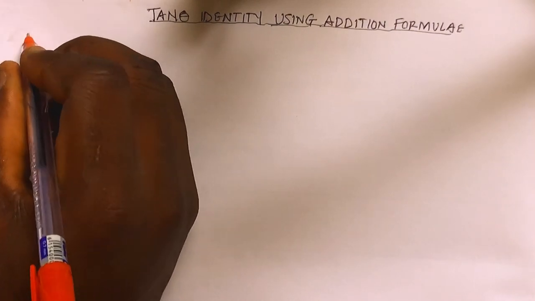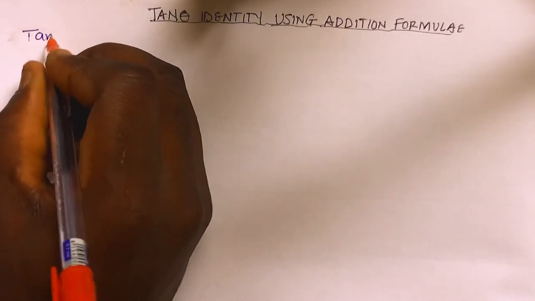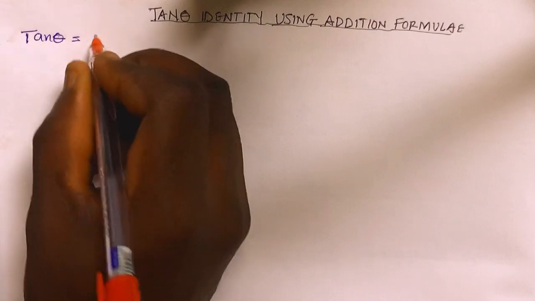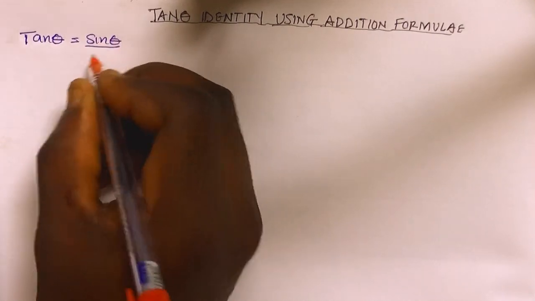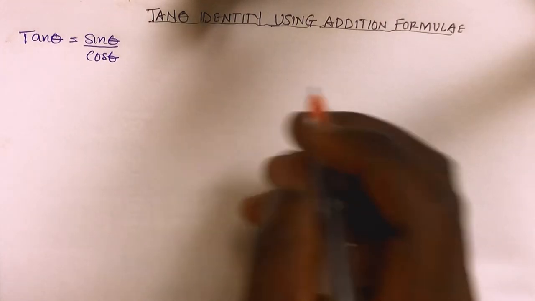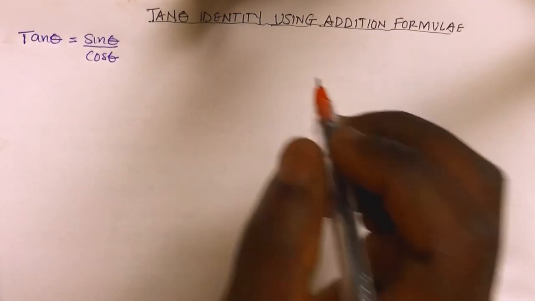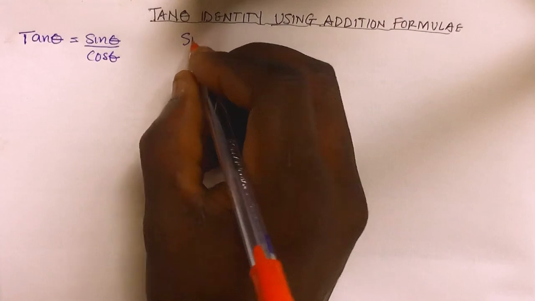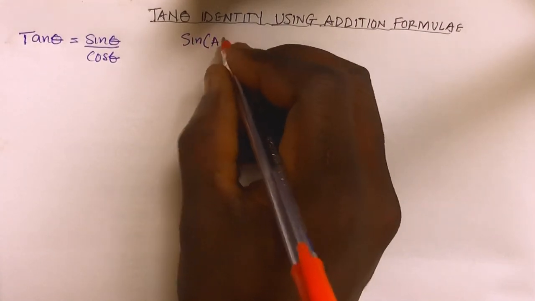Friends, in this video I'm going to prove the tan theta identity using the addition formula. From our basic identity, we know that tan theta is expressed as sine theta over cos theta. Then we can recall from our addition formula that if we have